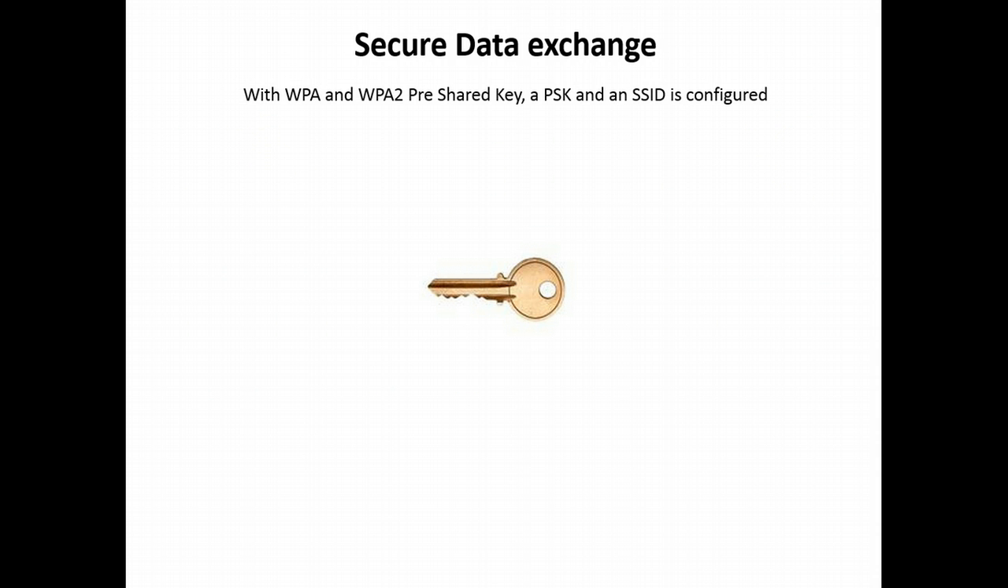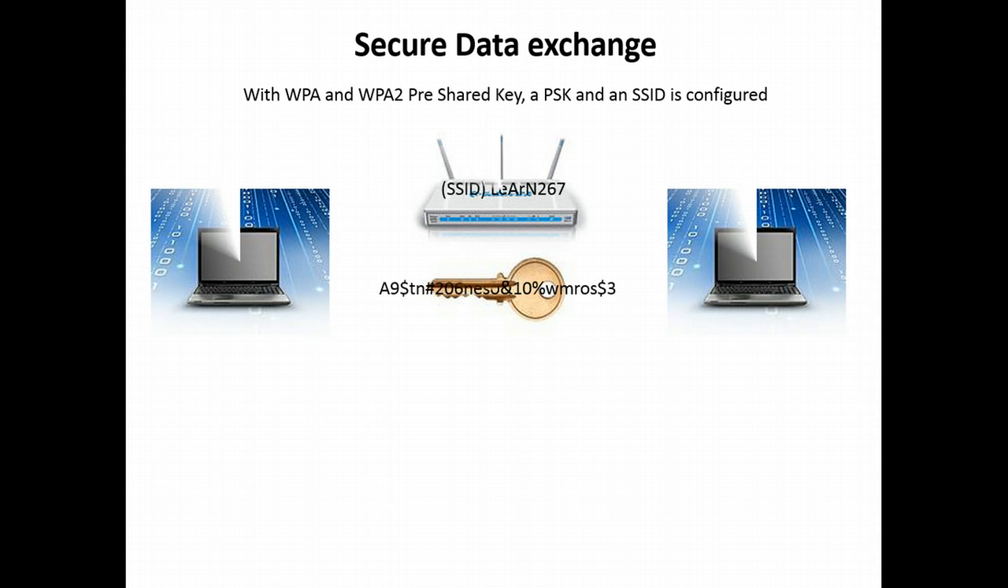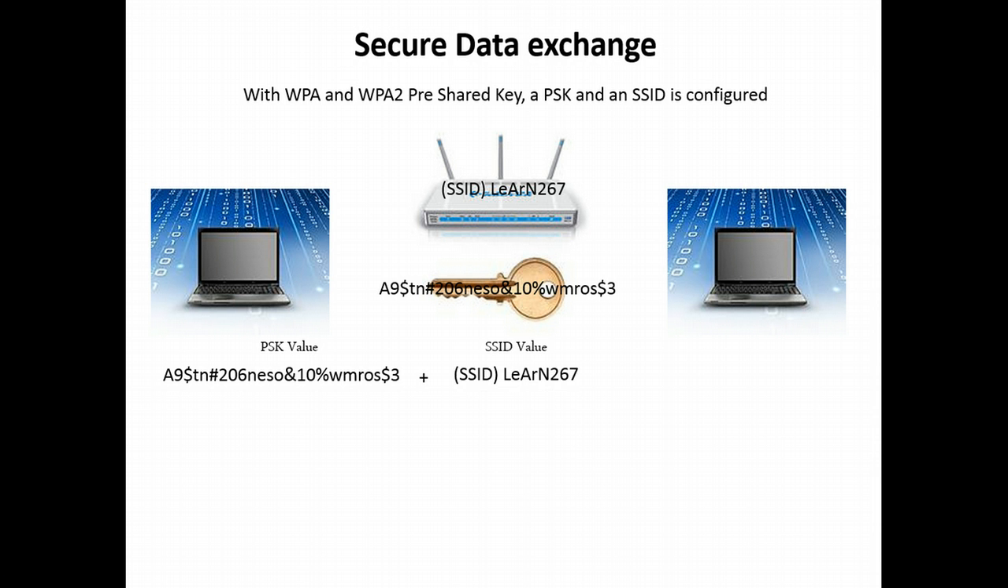In WPA and WPA2 pre-shared key, there is a pre-shared key value and an SSID value configured in that network. Every client that logs on to that SSID uses this same pre-shared key. Now, you have a pre-shared key value and you have your SSID value. These two values are hashed together to get your pairwise master key. Now, that pairwise master key is used later on during a four-way handshake to create our encryption keys for passing